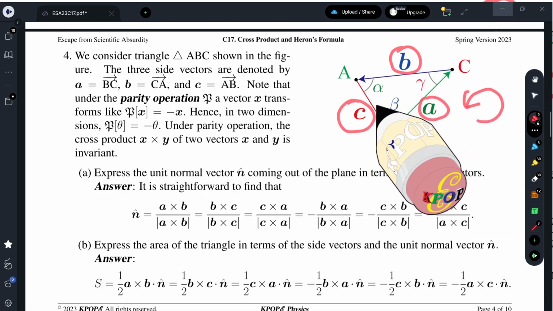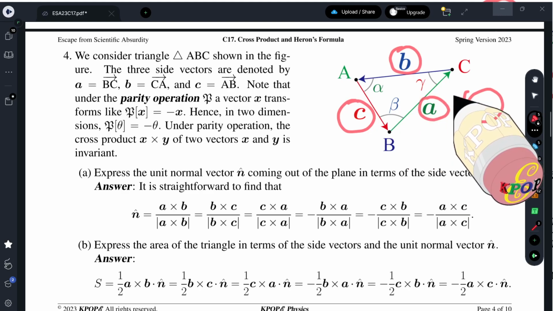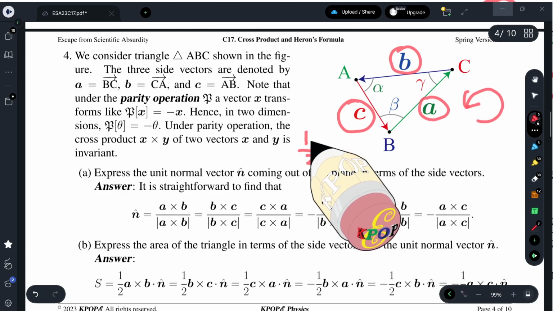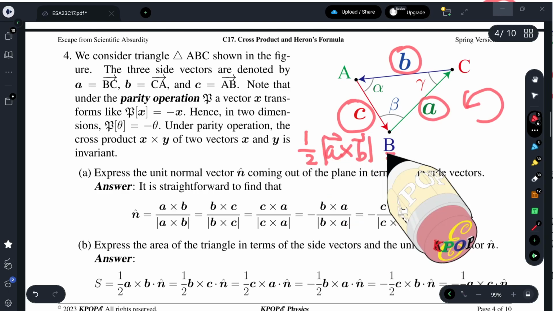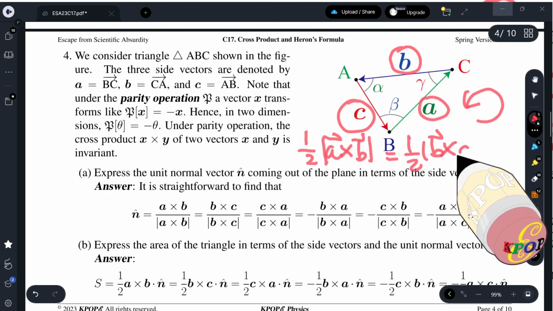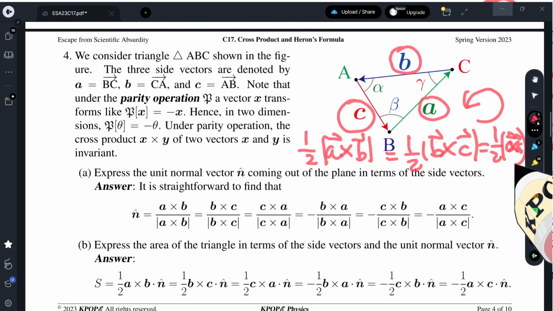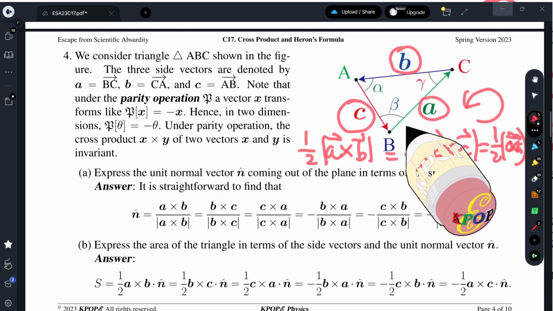This is giving the law, the sine law, and the sine law comes directly from the definition of the cross product to represent the area of the triangle. And the area of the triangle is this, this, this. Okay, absolute value. By the way, the reason why we have chosen the direction of the 3 vectors is